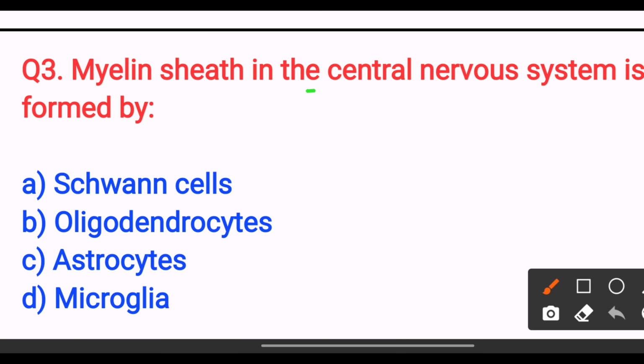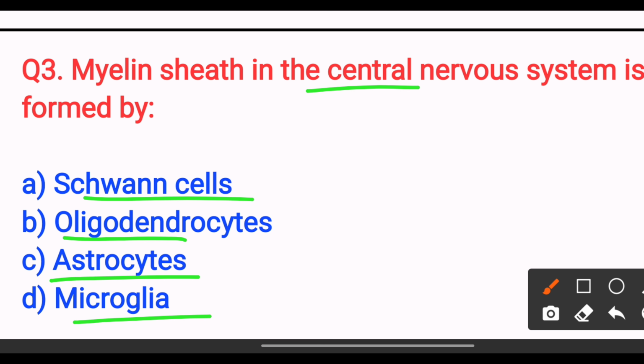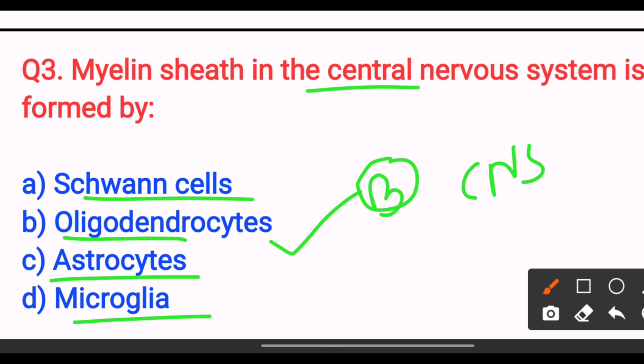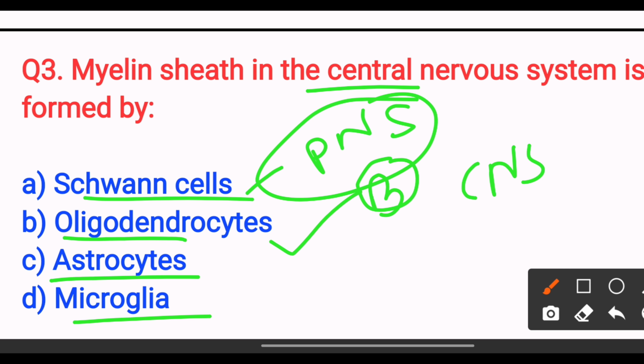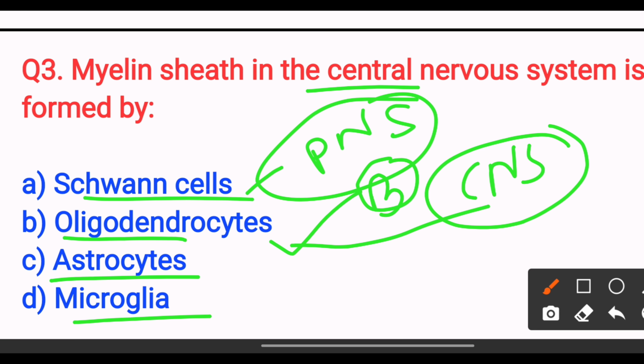the myelin sheath in the central nervous system is formed by: option A, Schwann cell; option B, oligodendrocytes; option C, astrocytes; option D, microglia. The answer is option B, oligodendrocytes, because oligodendrocytes form myelin in the CNS, central nervous system, and Schwann cells form myelin in the PNS, peripheral nervous system. So the answer will be option B. Next,